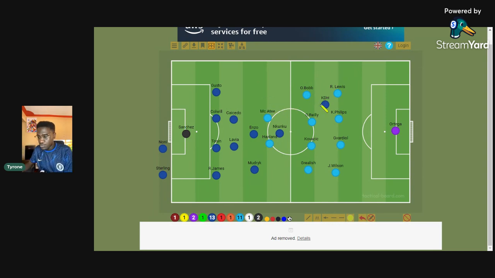Now, when Lewis Brihol was occupying this position, Nkunku was supposed to occupy the 9 position. But Nkunku was not playing that 9 position, but rather was hovering around this number 10 position. So the number 9 position had no one. Mudryk on this side was having the touchline down the right, and Enzo Fernandez was occupying this position in the right half space. This triggered that Gusto was the one who was supposed to generate the width down the left.